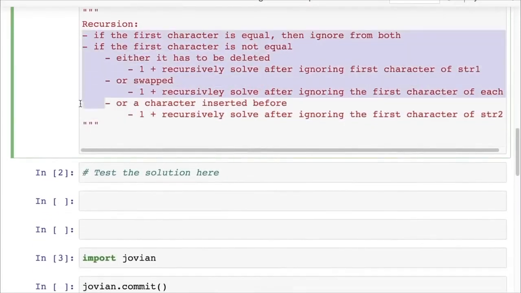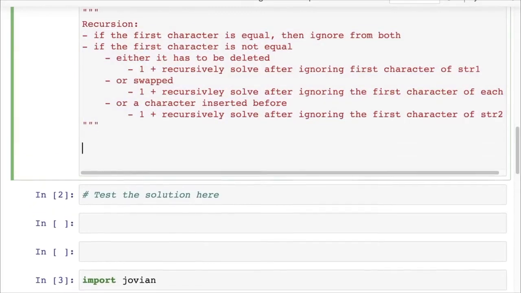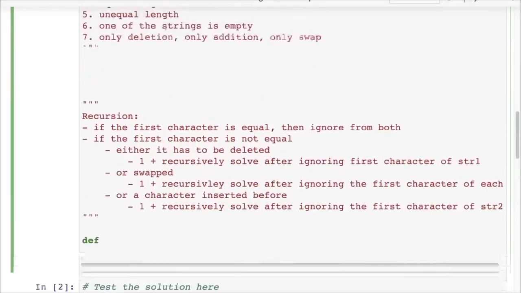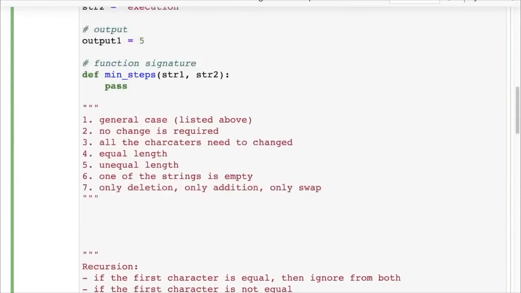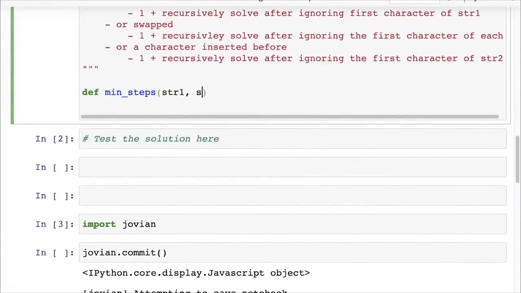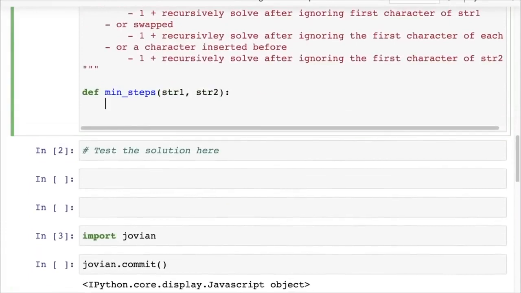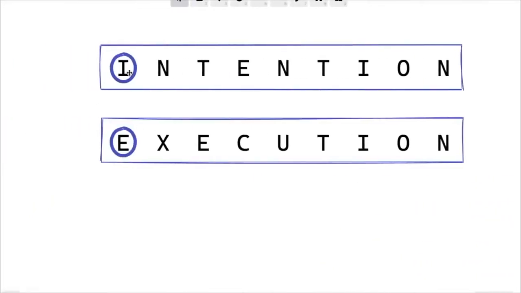And a great way to do it is either by writing or by speaking. Let's define it then. Def, what's it called? Min steps. And min steps takes str1 and str2. Great. Now we are doing recursion, and in recursion, what we're tracking is